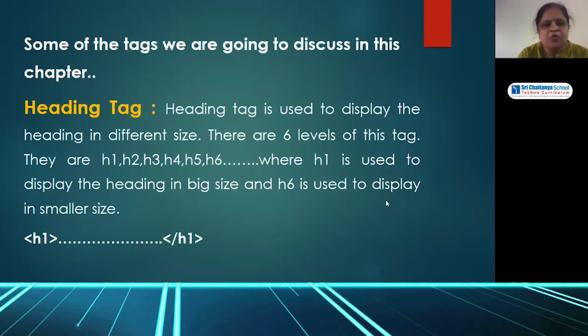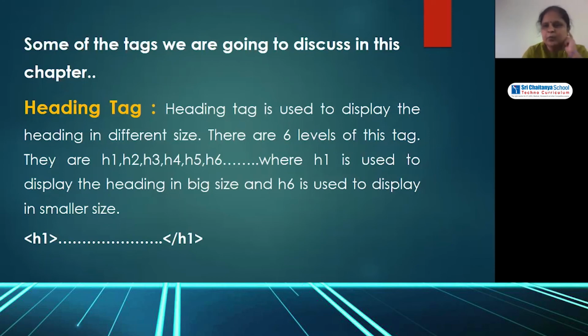Okay, so first one is a heading tag, which you already know, to display the headings in the web page. Just now I told you, right? We just showed how H1 heading size will be displayed with bold letters in a big size. So H1 means this much size, H2 means this much, H3 means this much, H4 means this much. Like that, the size is already specified.